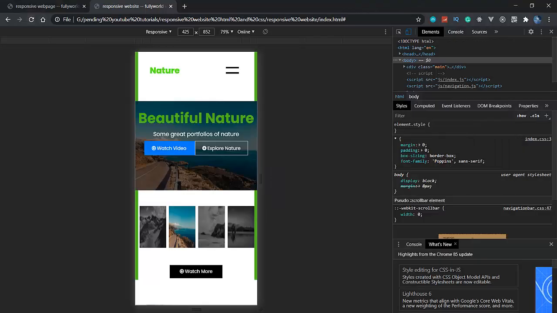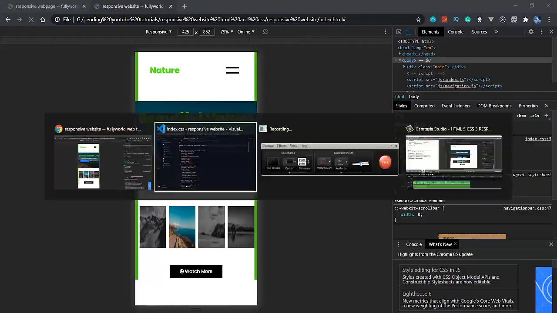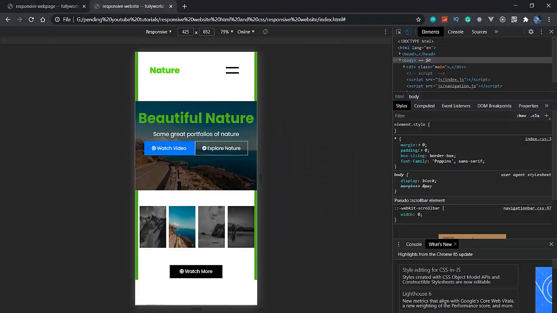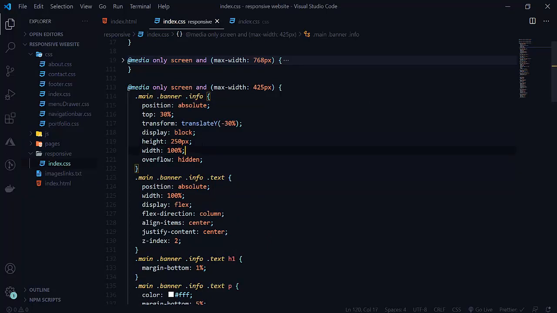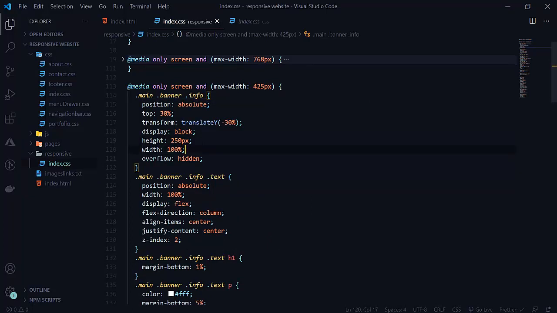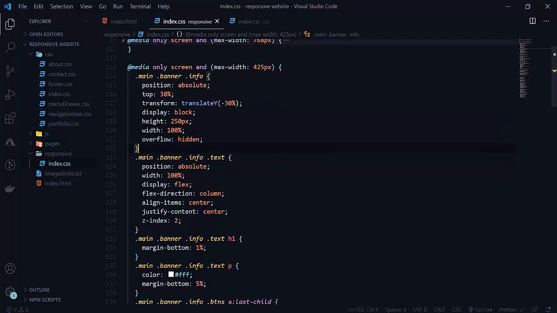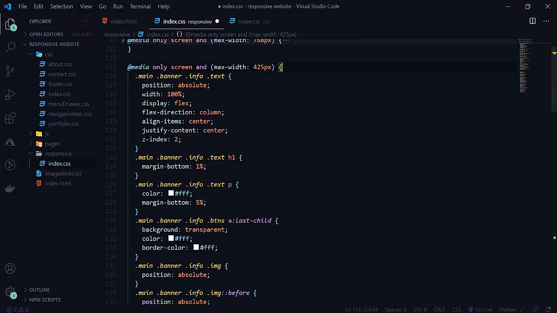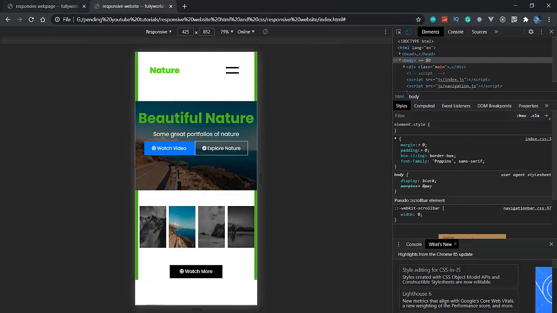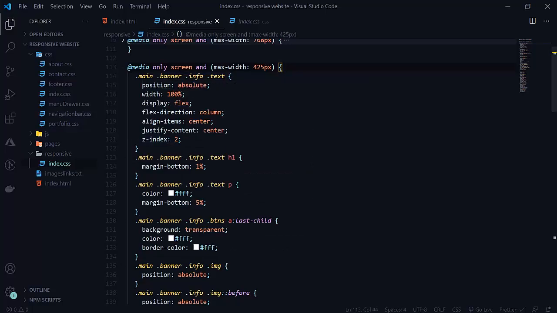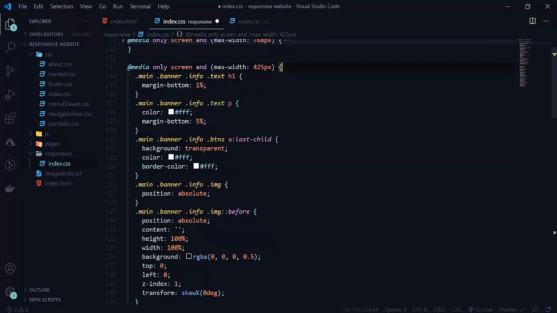So when I reload this, okay, this is looking good now. So here top 50%. Here we don't want anything for our info. So reload this. This is good now. After that we have to change the text also. So I am also removing this now for that.